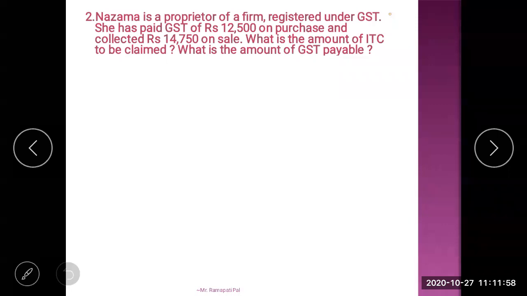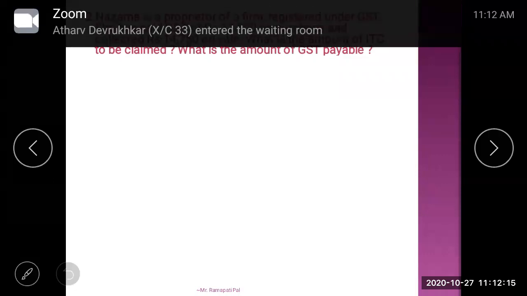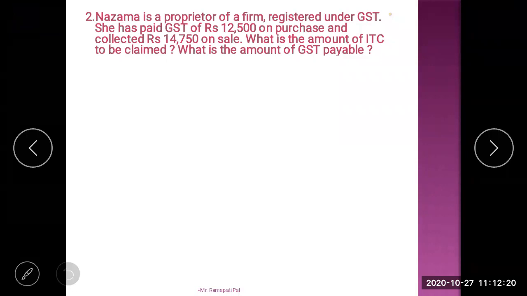Okay. Tax collected at the time of sale, what is it called? It is called, correct, very good, output tax. So we know input tax, we know output tax. GST payable is equal to formula. GST payable is equal to, Bhumi, correct: output tax minus input tax. Now substitute the values and subtract it.